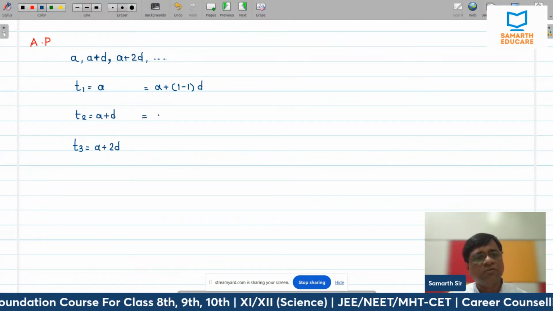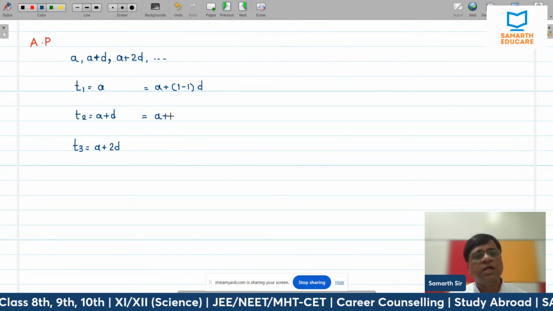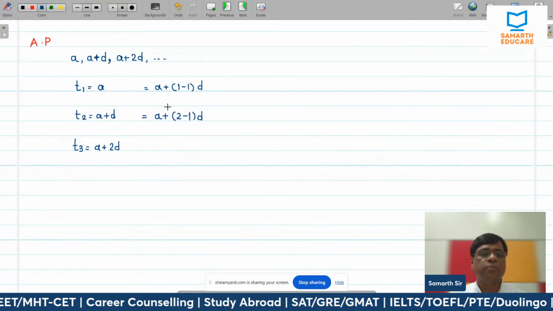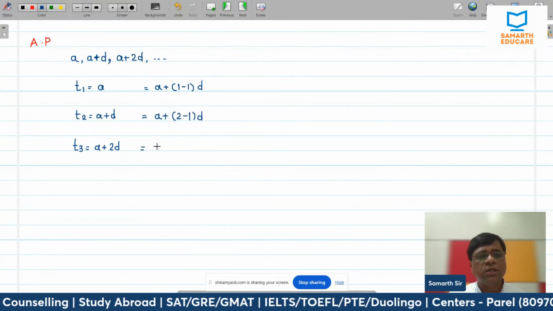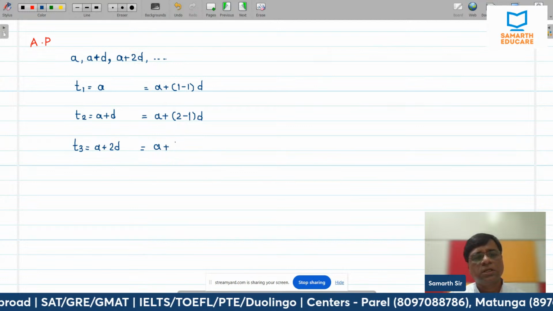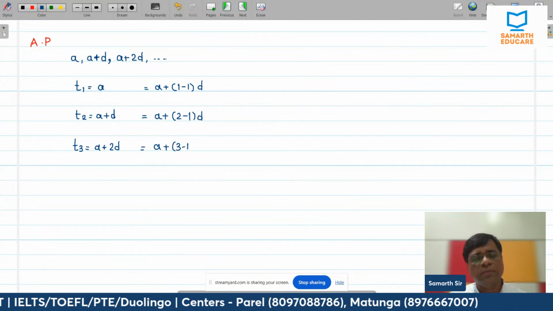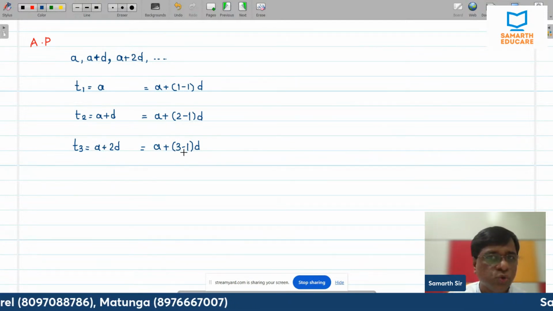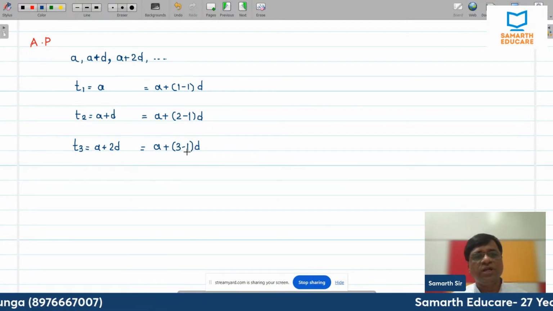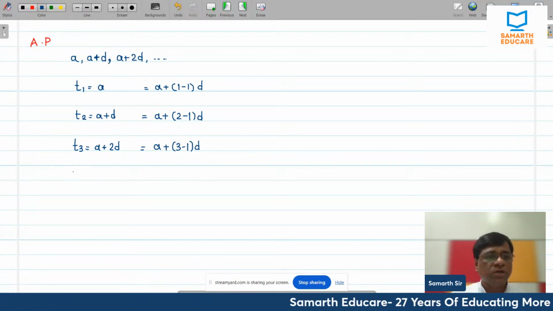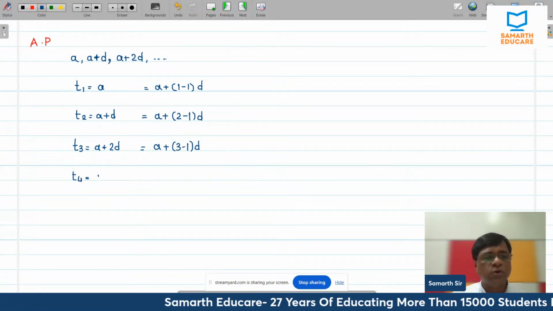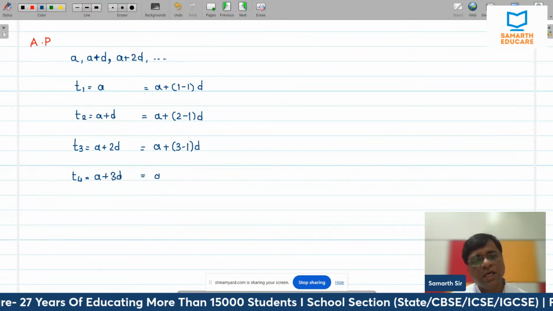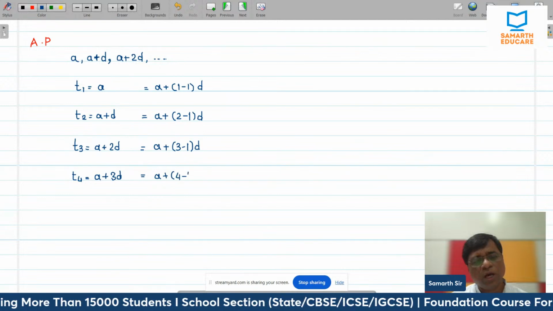Similarly, the second term can be written as A plus 2 minus 1 into D. Similarly, the third term is A plus 3 minus 1 into D. Can you see this? Because 3 minus 1 is 2, it becomes A plus 2D. It doesn't matter, write it like this. If I have to write the fourth term, what will it actually be? The fourth term will be A plus 3D, and it can be written as A plus 4 minus 1 into